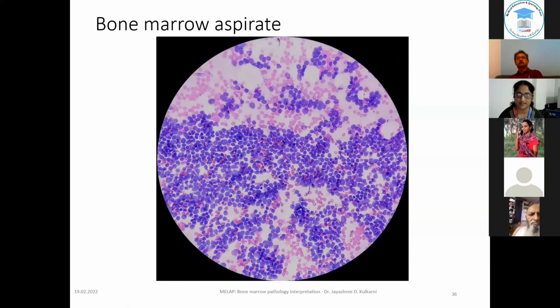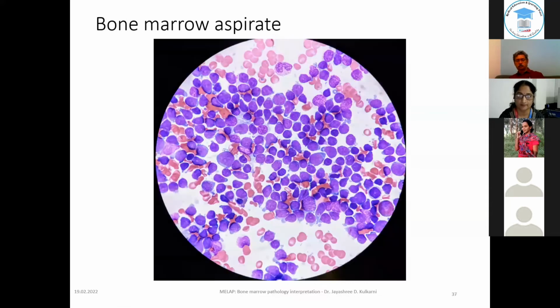The bone marrow of the same patient, hypercellular marrow, completely replacing the normal hematopoietic tissue by these sheets of blasts, which are slightly varying in size, medium to larger cells, and thin rim of cytoplasm, blue cytoplasm, occasionally showing prominent nucleoli, but predominantly inconspicuous. And this cytoplasmic hand mirror type of appearance is